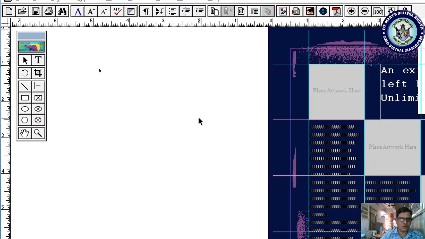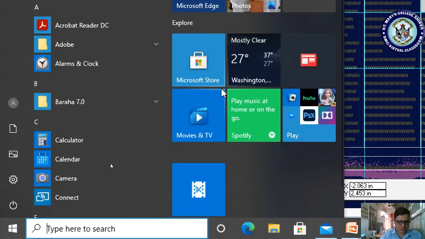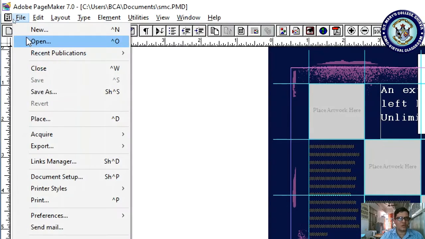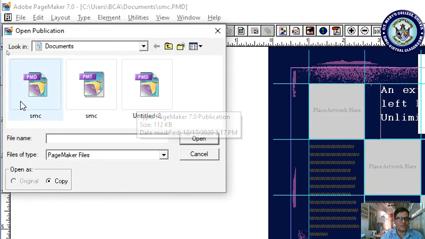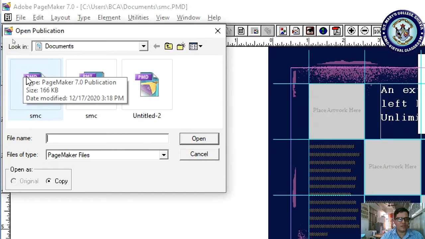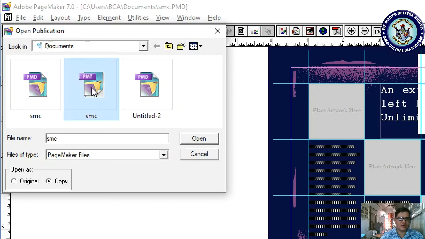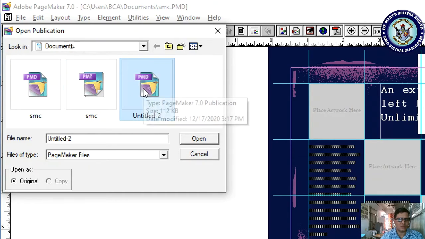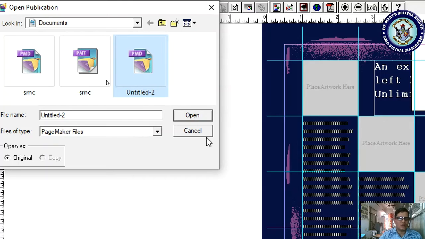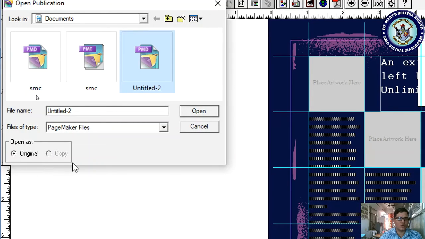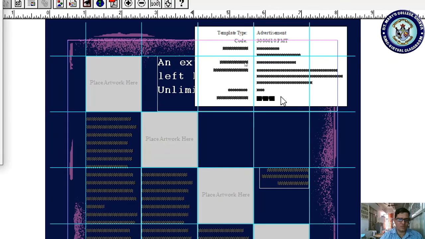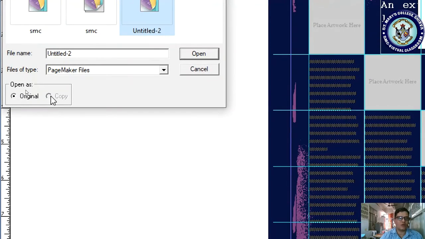Right, now you can click to open a file and identify the files. Here PMD stands for publication document, and PMT stands for publication template. So it is acting as a template and a document. Got it? Yes. Okay, here it is showing whether it has to open as an original or a copy. I have not modified it; if I modified it, it would show the copy option. In this I can pick either original or copy.